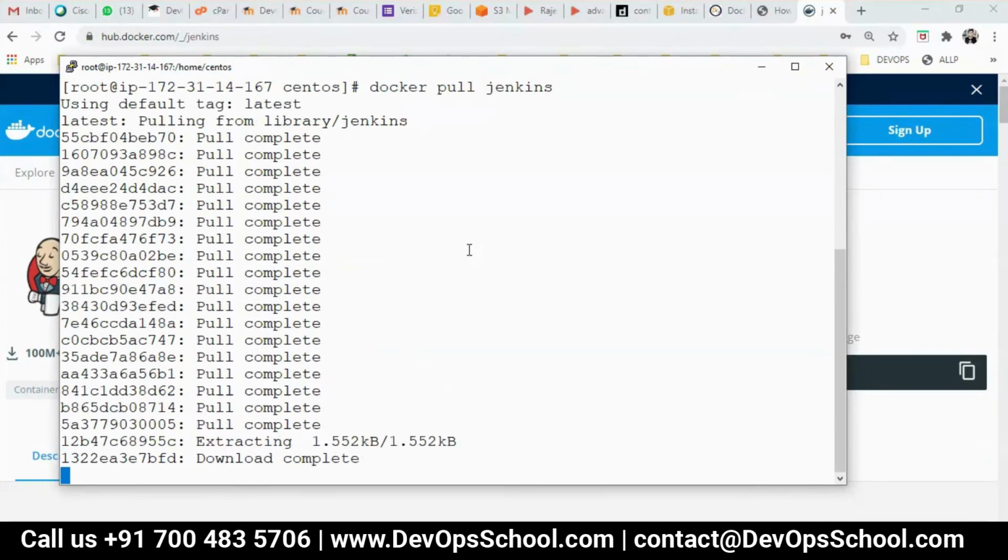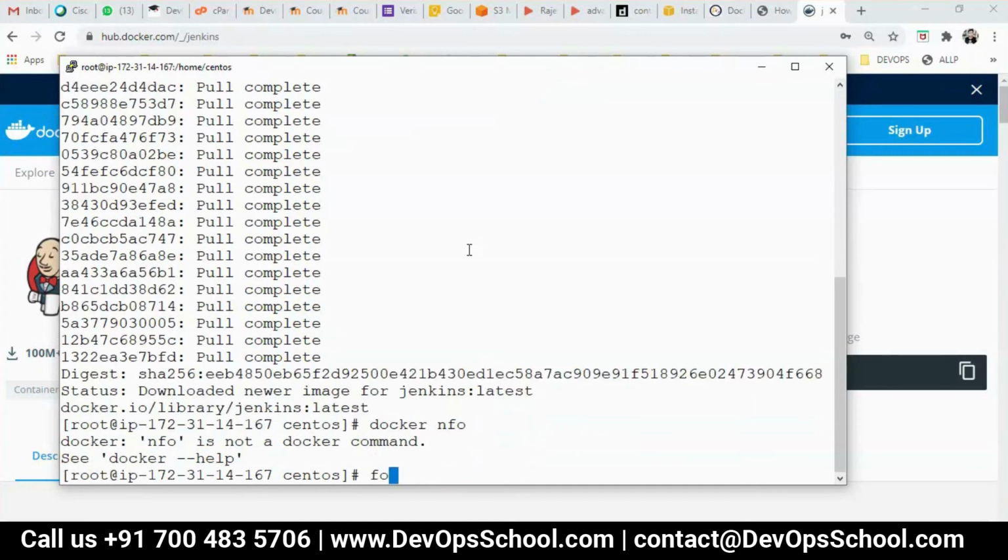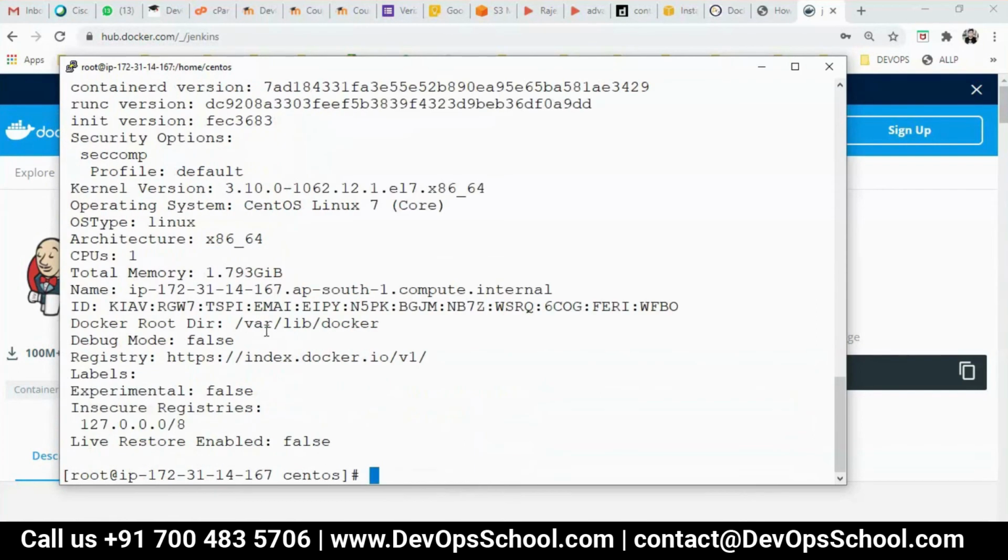Is the registry pre-configured? Yes, it's pre-configured. Docker has a default entry with Docker Hub only. You can change it, but right now I'm not talking about it. This is the URL you see. This is the API URL of Docker Hub. Okay, it's inbuilt.